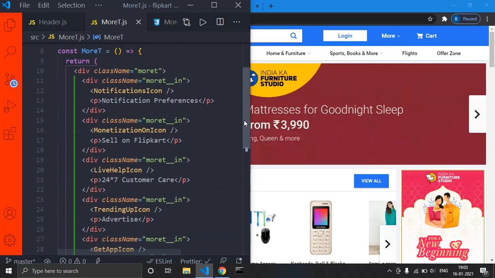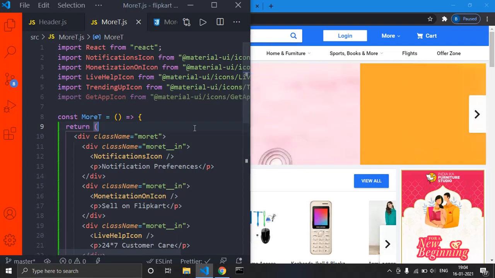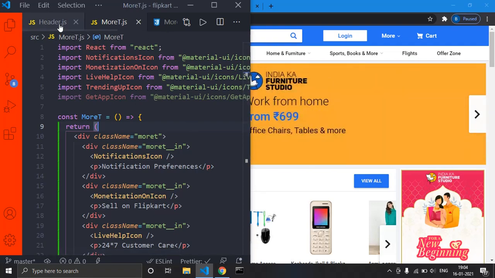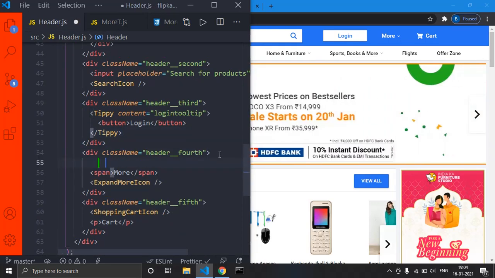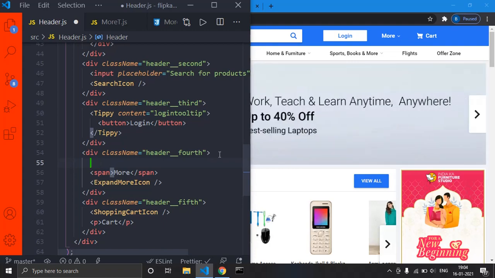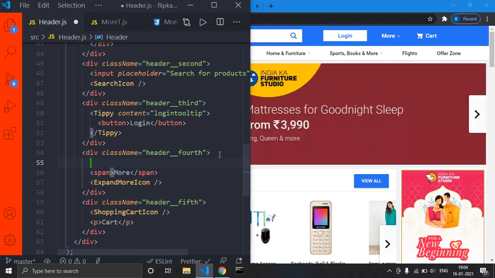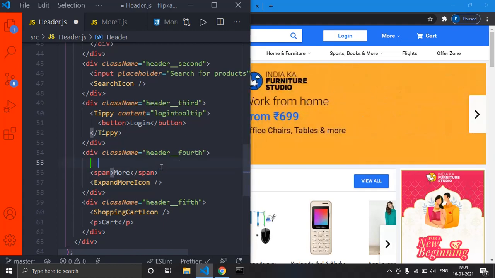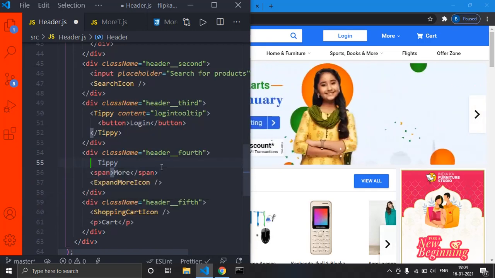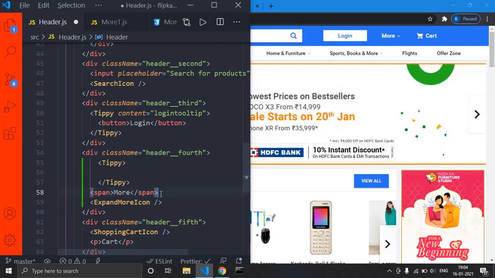See, now our component is ready, right? Now we want to show this component when we hover over that more, right? So what we'll do is just come to header.js, and here is our more, right? Whenever we want to show any tooltip anywhere, we have to surround that particular span tag or a p tag or a button, I mean element, with this TP. Okay, so we want to show a tooltip when we hover over this more, right? So this more is in this span, right? So I'll just surround this span with TP like this. Okay,